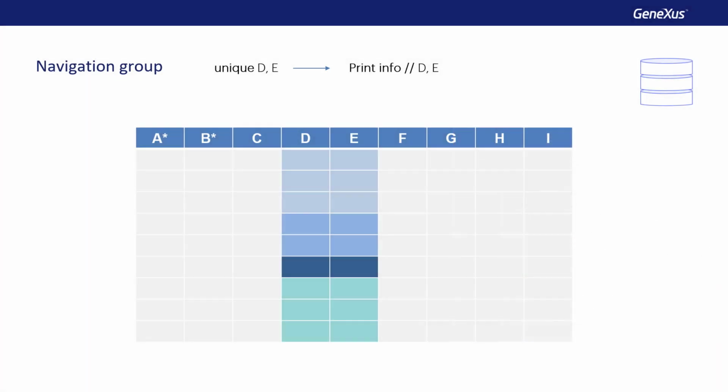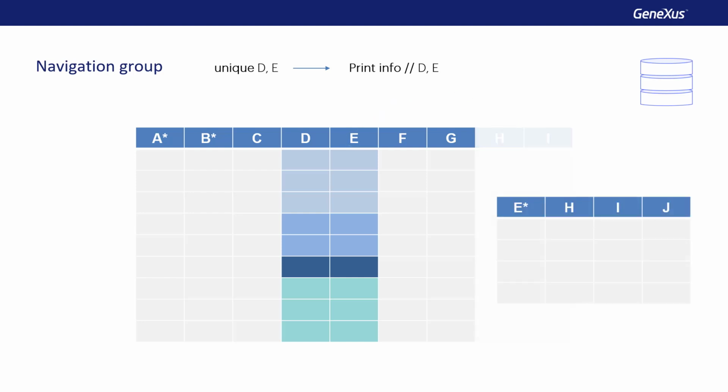Let's suppose that this is a graphical representation of the extended table and not a physical table. For example, suppose that E is a foreign key that determines H and I. That is, this physical table exists. This means that for all the records in the group, since the values of E are the same, the values of H and I will also be the same. This means that we can also use the H and I attributes within the code that will be executed for the group, since they'll also be unique to that set of records.